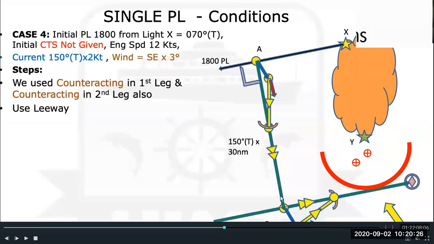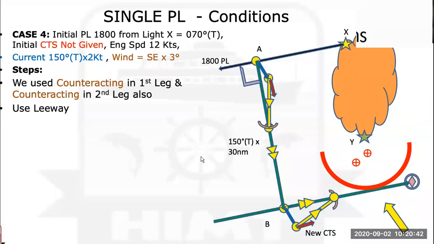So the ship is actually moving from here to here in 1 hour. The total distance we measure from A to B is 30 miles. So how much the ship will move from here to here, that we can check. Suppose if it is 13 miles, then it will be 2 hours 46 minutes for the ship to reach here.